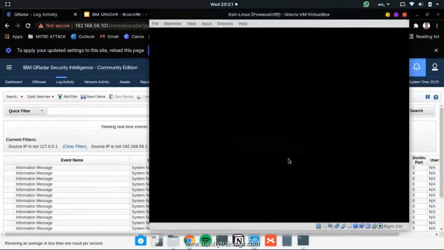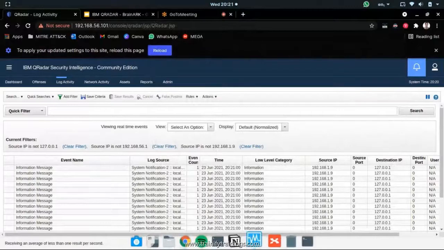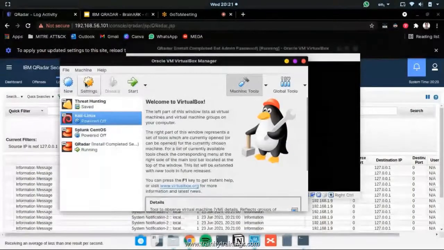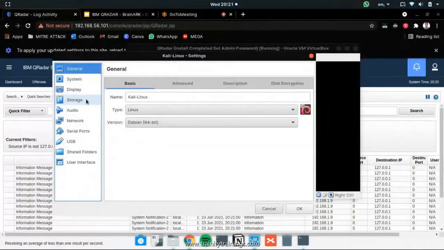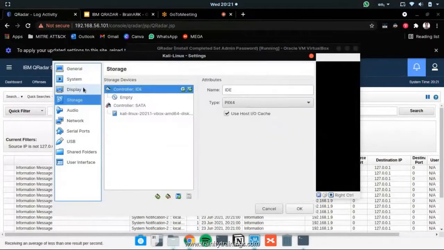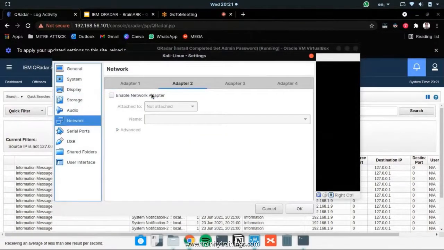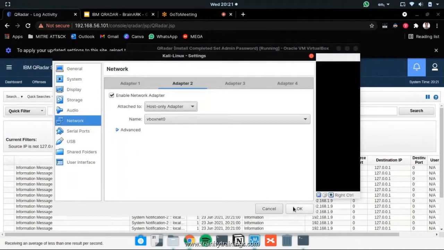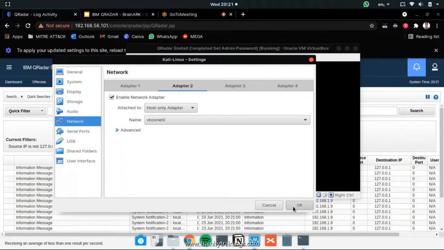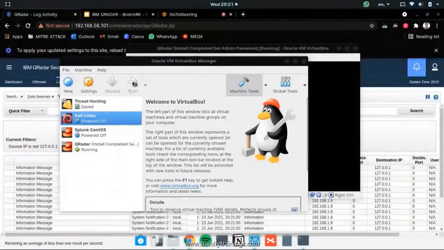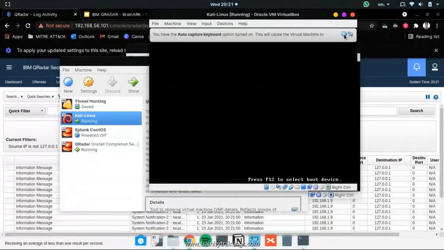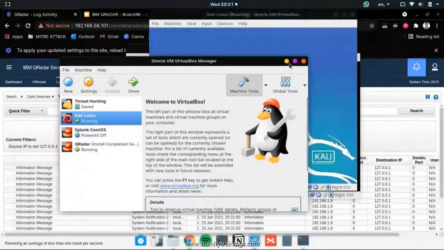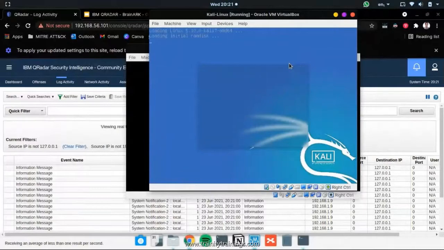Now before that, there is one option that I'll just confirm beforehand, that this QRadar machine and the Linux machine are able to communicate with each other. So for that, there is one host-only adapter assigned to QRadar, and again I'll assign one host-only adapter to my Linux machine. Now this will ensure that using those host-only adapters, these two virtual machines can communicate